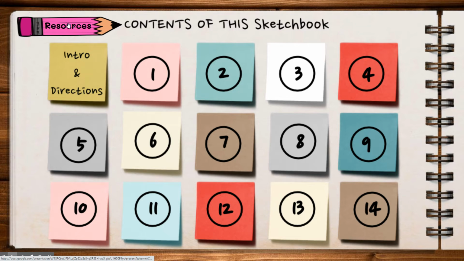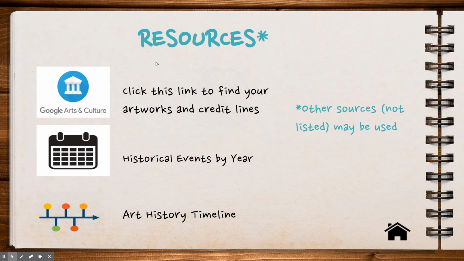So if you click up here where the resources are, the Google Arts and Culture link, this is where you're going to find your artwork and the credit lines. Okay. Another thing is that you're going to have to put important events that happen the year your artwork was done. This is a link to historical events by year. And then to get the definition of whatever time period you're in, this link right here will take you to